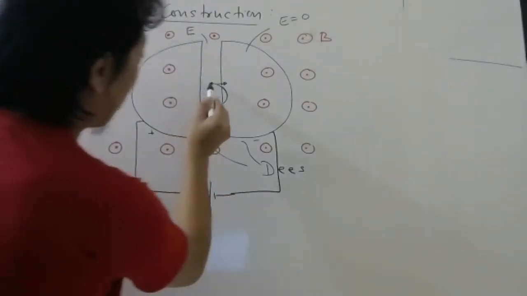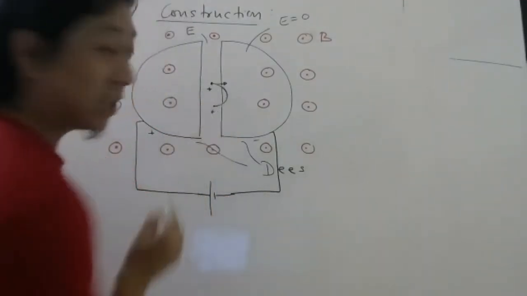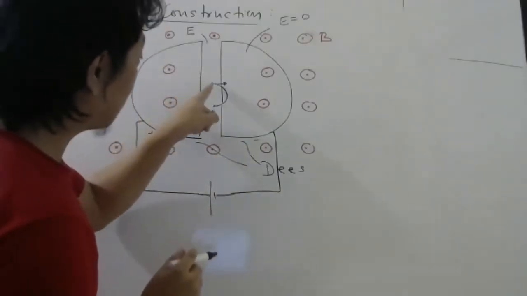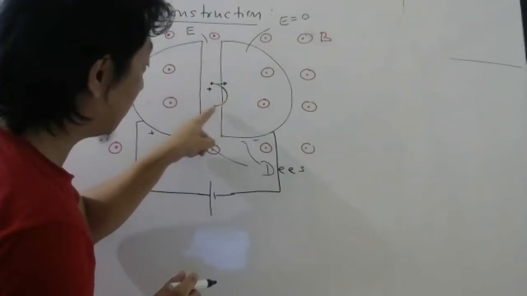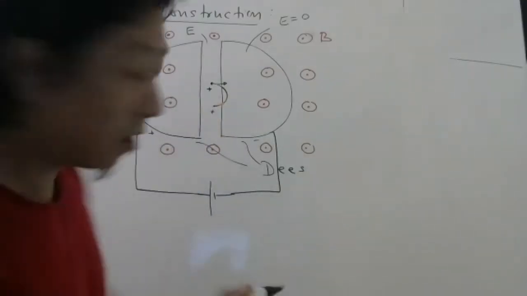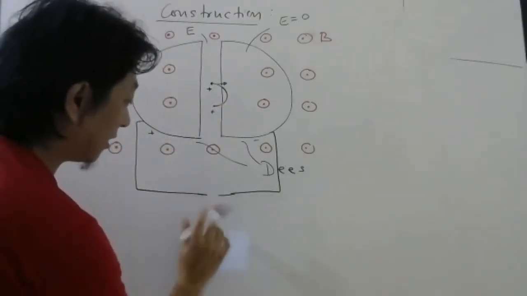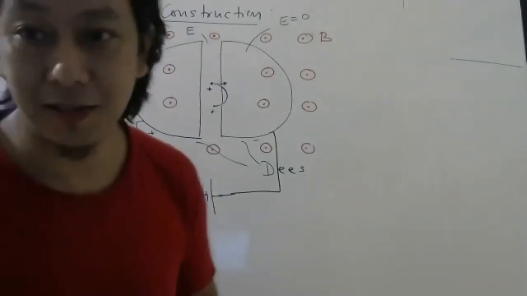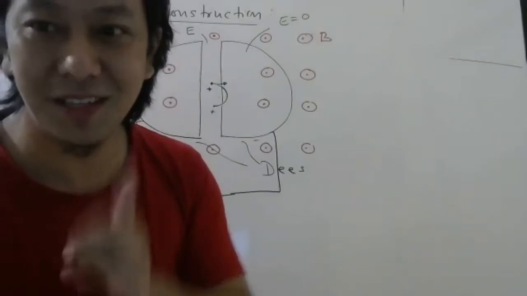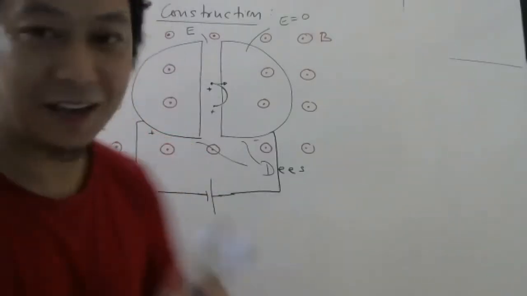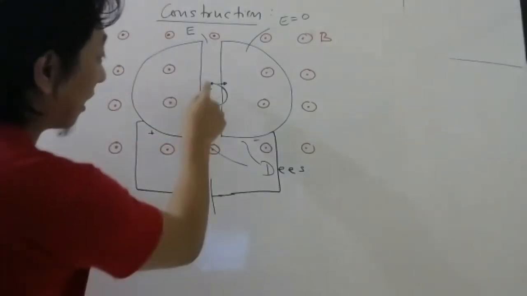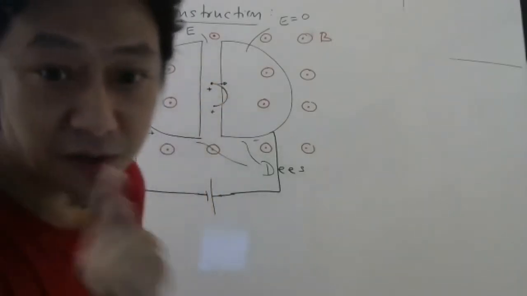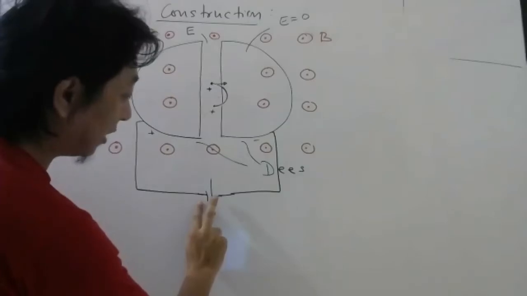So when this particle reaches here, meaning when the charged particle completes half revolution, somehow I should quickly change the terminals. How will I do it? I will tell you, don't worry. That's why I told you not to draw this diagram right now. So when the charged particle completes half revolution, this terminal should quickly change.